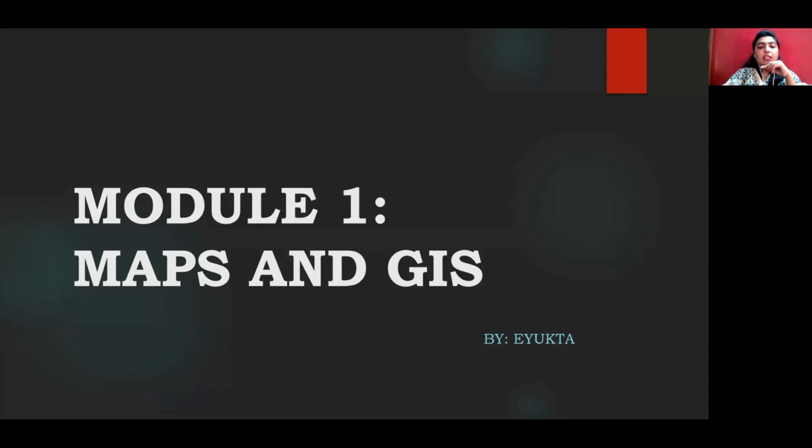Good morning, everyone. I welcome you to this session on maps and GIS, where we shall be discussing what are maps, what are the major elements of a map, and how a map is drawn, how it is converted from a 3D surface to a 2D surface, as well as the basic concepts and introduction to GIS, which we need to be thorough with before we get into the usage of the major GIS software that we look forward to for the practical sessions.